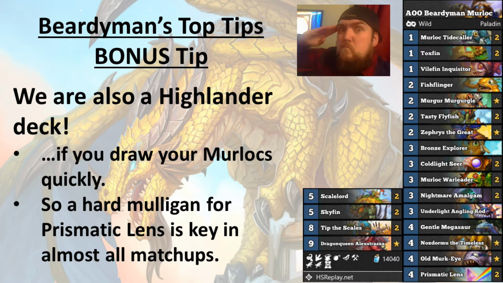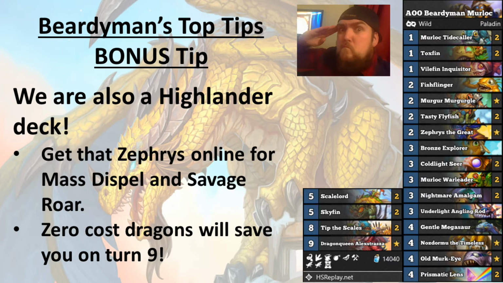Hard mulligan for Prismatic Lens, being a key in most matchups, to then get your Tip the Scales and lessen its cost. Draw through that deck ever so quickly. If you do that, you increase your chance of winning the game. Further to that, Zephyrus is not to be underestimated in this deck. If you're facing a Quest Mage with lots of taunts, Master Spell is a massive help, Savage Roar finding you lethal, and